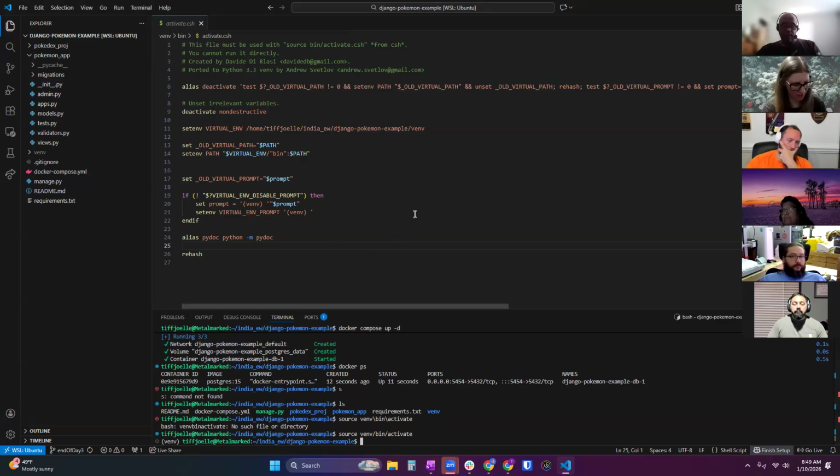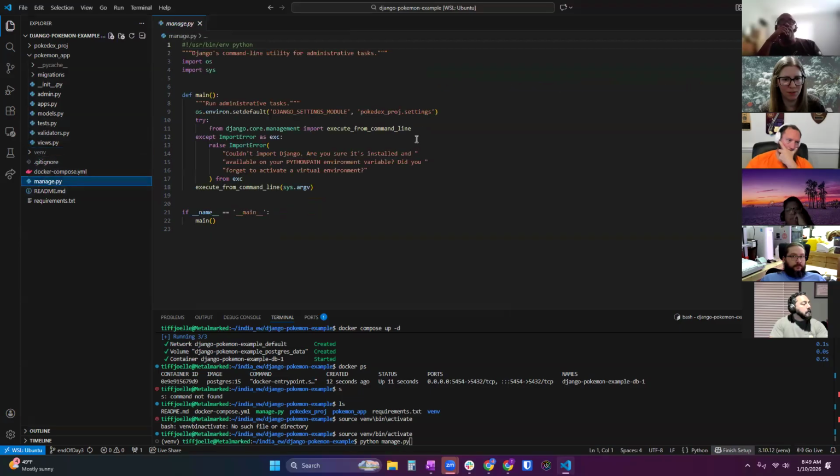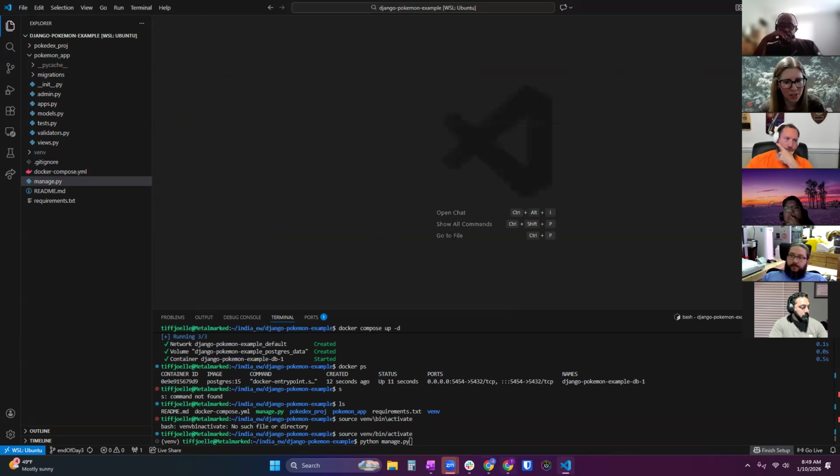We couldn't do that outside of the virtual environment because we'd be calling this manage.py, which has Django stuff in it. See, it says from Django core management. If we tried running that outside our virtual environment, it would complain that there's no such thing as Django, so I can't run that.